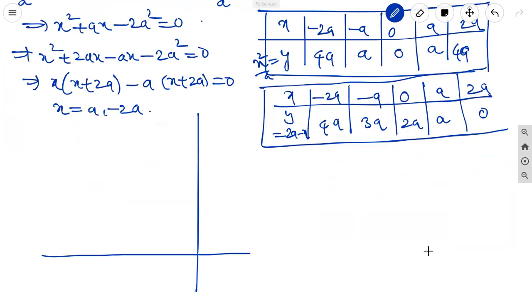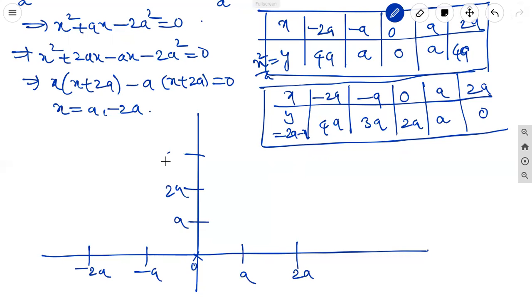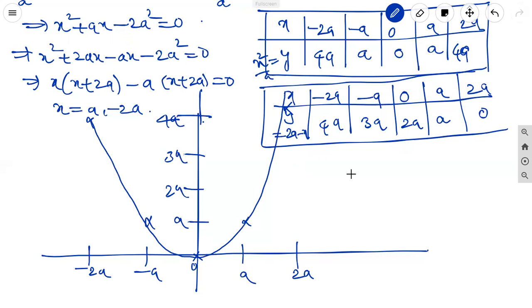Here, this is the curve. We take the x values minus 2a, minus a, 0, a, 2a, and the y values a, 2a, 3a, and 4a as the maximum value. Minus 2a gives plus 4a, then a, 0, a, and 4a. We can get the parabola equation. This is y equal to x squared by a. From this, x squared equal to ay, x equal to root ay. The curve is x equal to root ay. Why? Because we change the order of the variables.